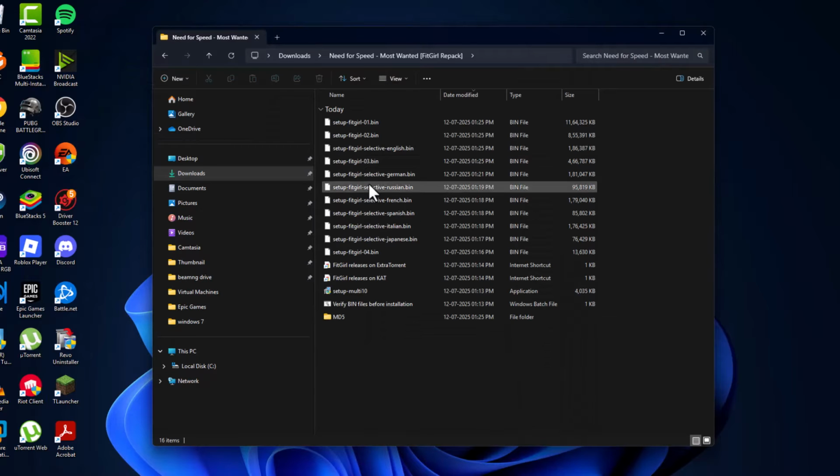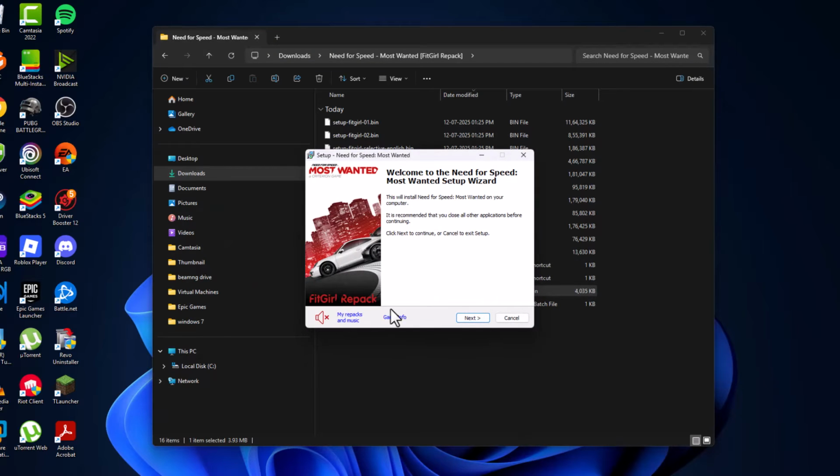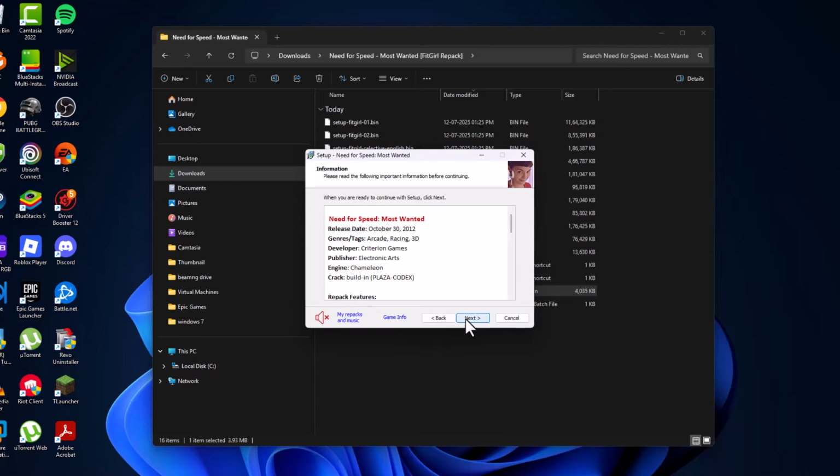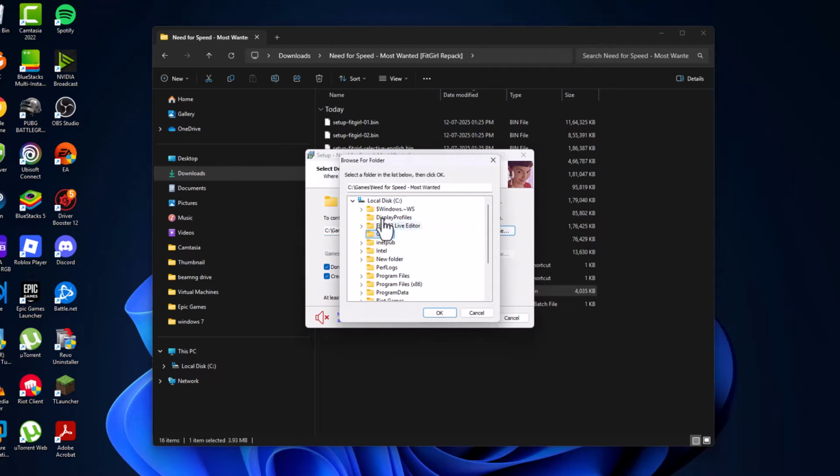Double click on the setup folder. Double click on setup and select yes. Select OK option. Select this music icon to mute the music and select next. Select next and select the browse option and select the location where you want to save this game and select